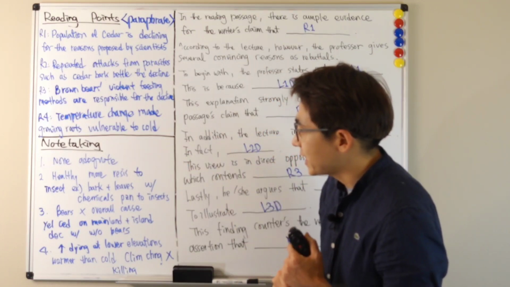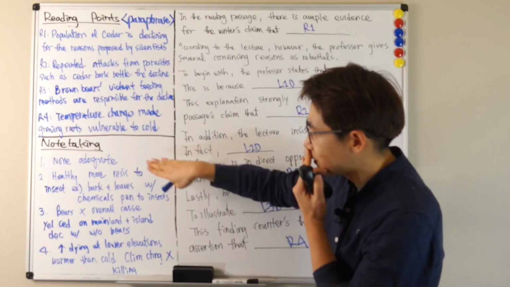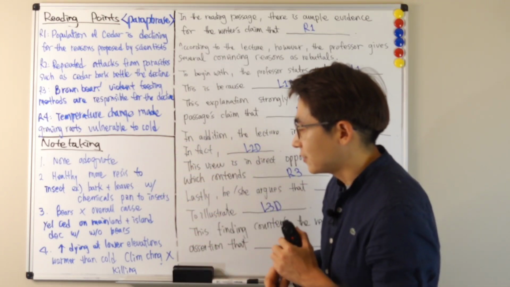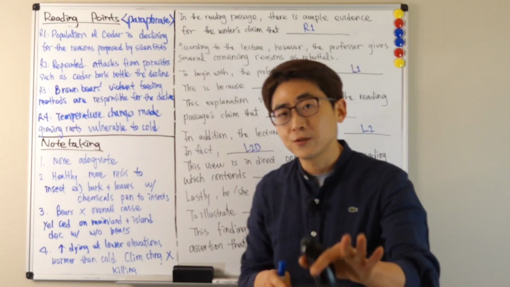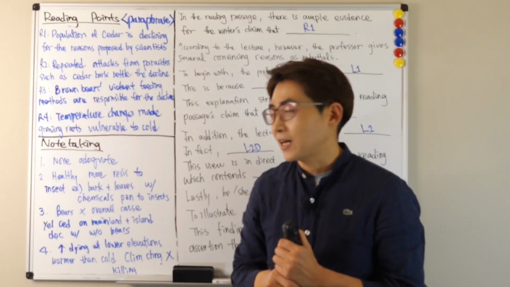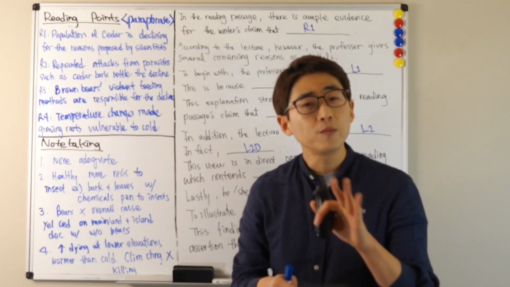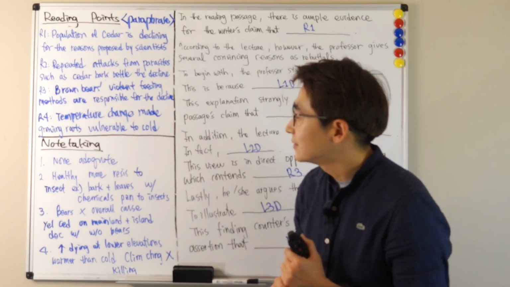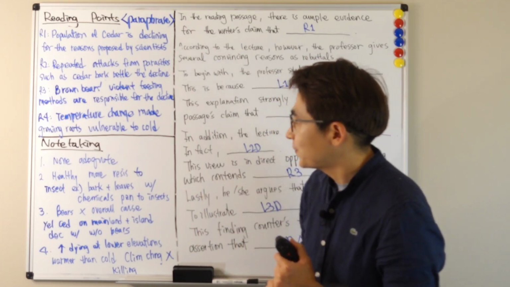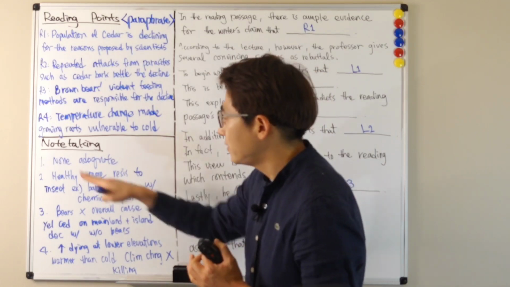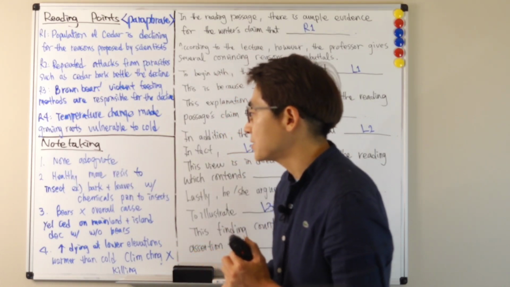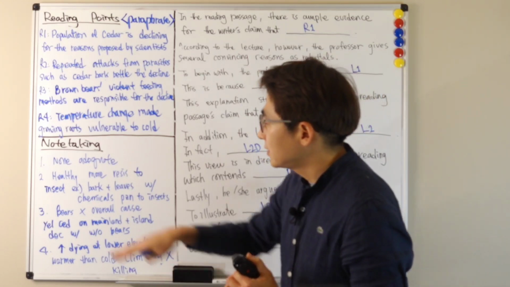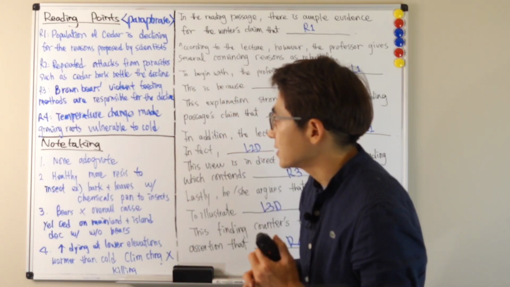So this is my note-taking. I took notes from the first paragraph, and this from the second and the third and the last. I hope your note-taking is as detailed as mine, but let's take a look. So the lecturer is basically saying none of the evidence, none of the explanations are adequate to explain the decline of the cedar. And her first point was